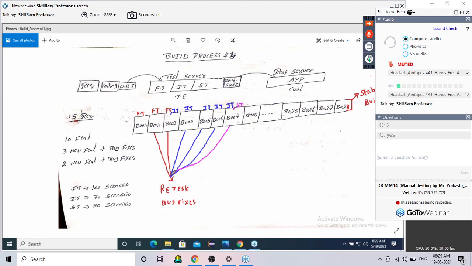But remember, see, one thing: you don't take for granted the answer that, sir, functional testing is done only on the first 3 builds. No, I never said that. That depends on the number of features also. Okay. Next, B008. You give me the answer now. B008. Yes, B008. I will only do one round of system testing.